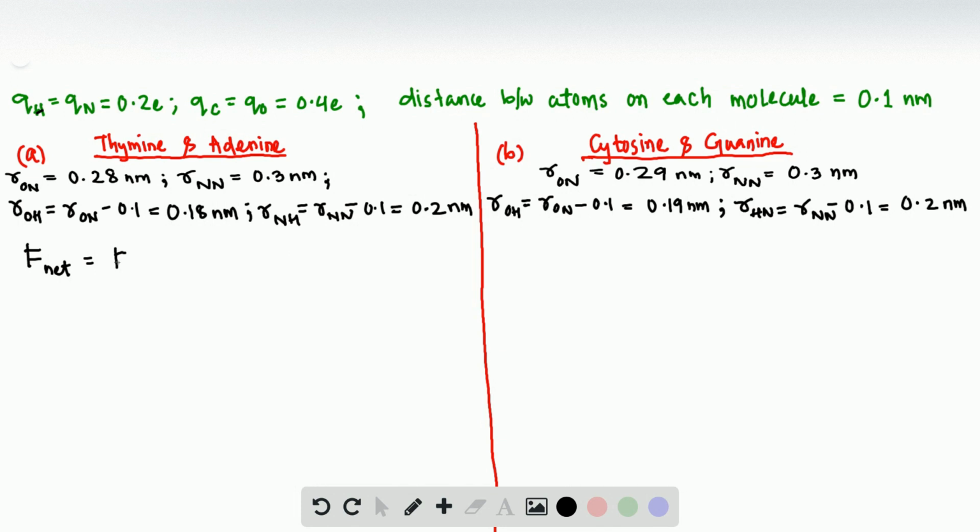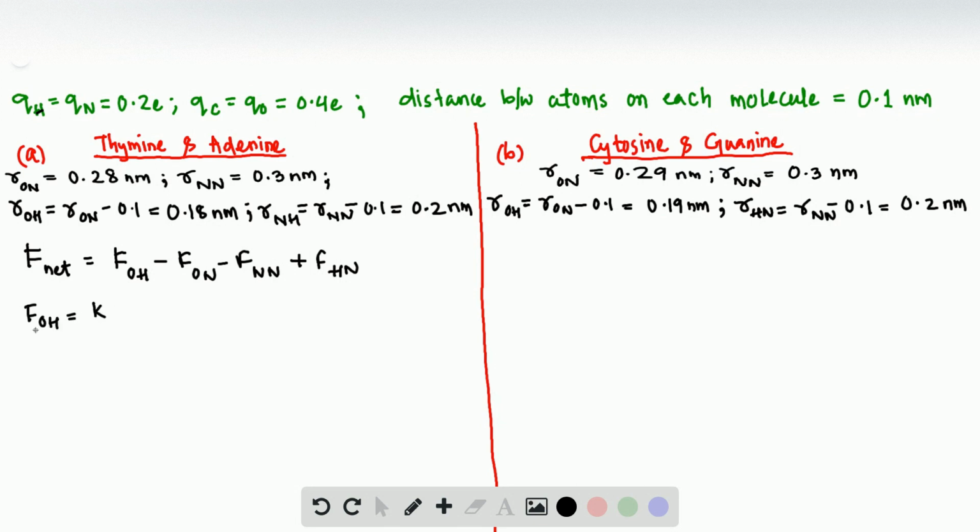So that will be FOH minus FON, because this is going to be in the opposite direction of FOH, and similarly FNN plus FHN, and